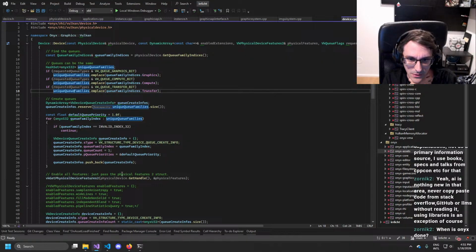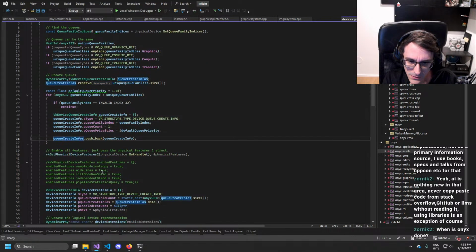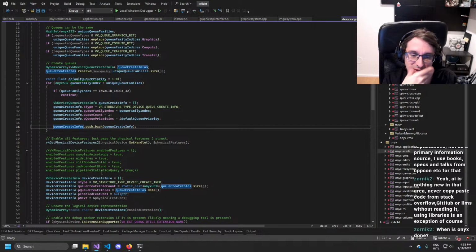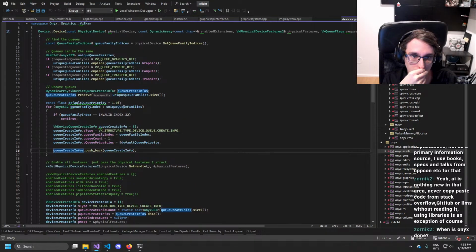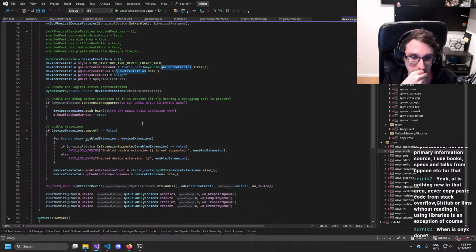Those are there, and then, wait, create queues. Wait, that's in the device. Okay, I definitely need to look at how other engines, let's say, do that.